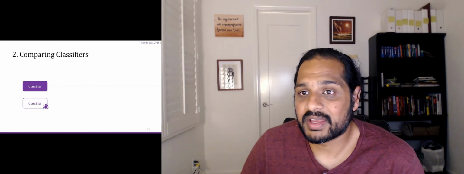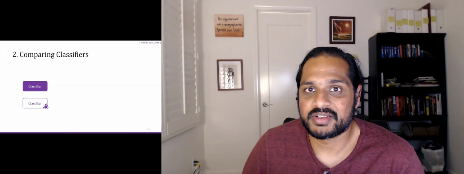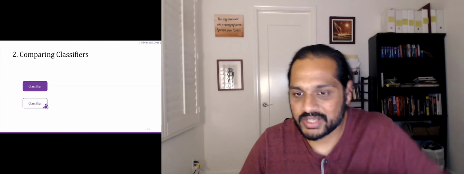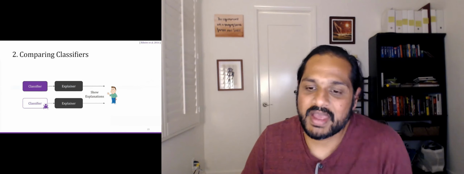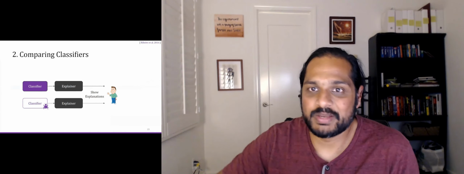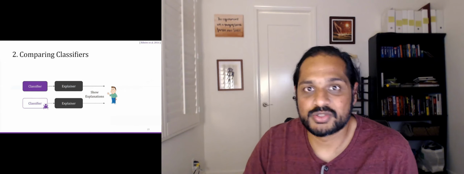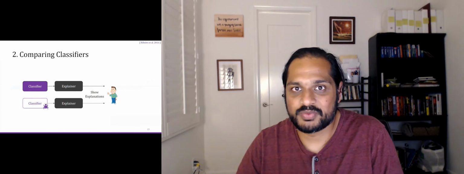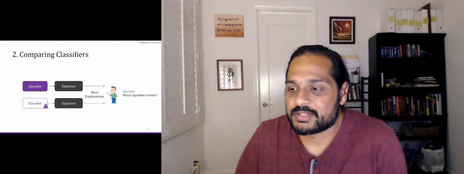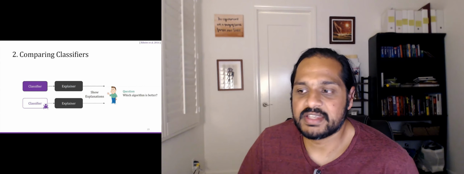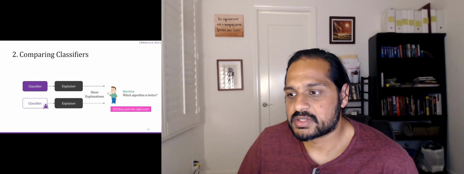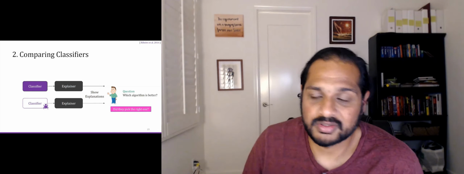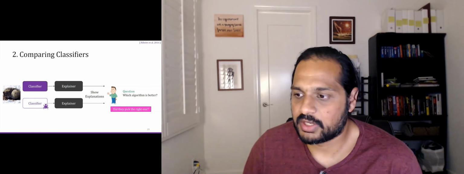Another way to do debugging is to just compare two classifiers, where this is sort of a proxy for model evaluation. So you take two classifiers, one is good, one is bad. You explain both of them, show the users two explanations, and say, hey, which one do you think is better? Which classifier is better based on these explanations? And essentially see, when you ask that user that question, do they get this right or not, right? And you know which classifier is better or not, maybe based on some held out data.